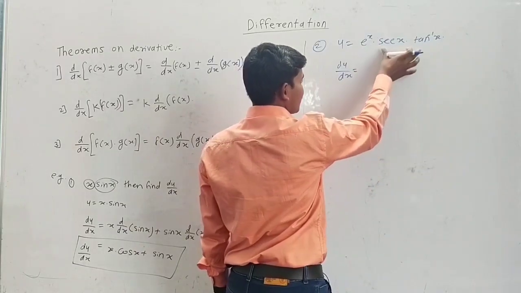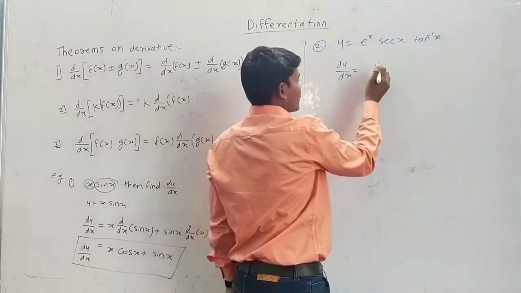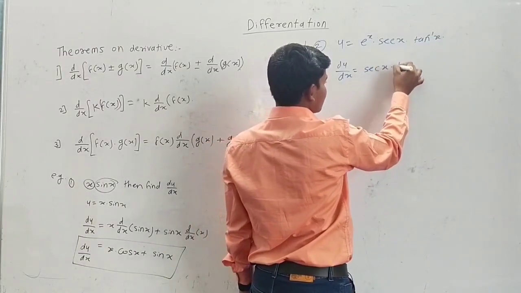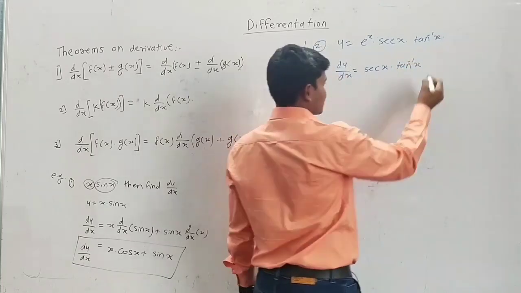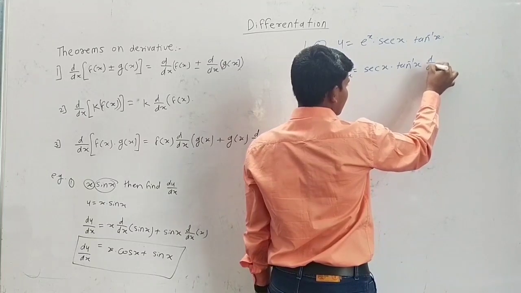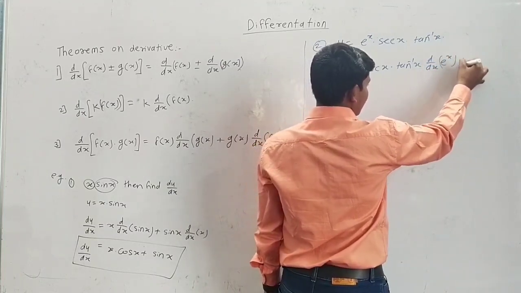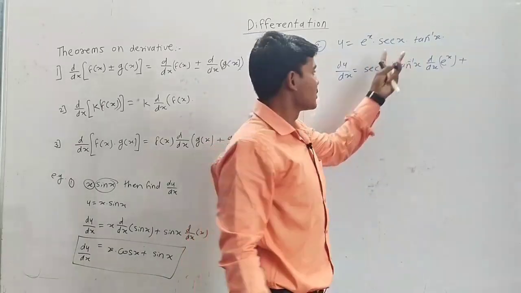First take the derivative of the first term, while the other two terms stay constant: sec x into tan inverse x and the derivative of e raised to x, plus now take the derivative of the second term and the other two terms constant,